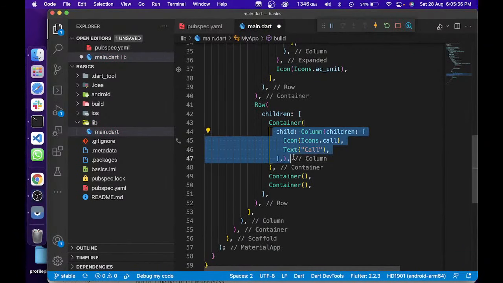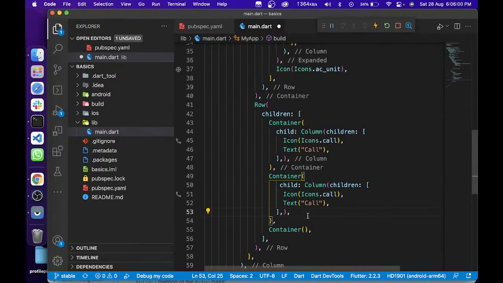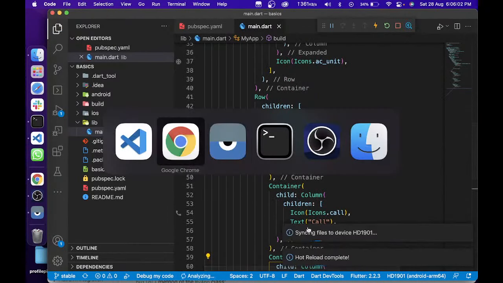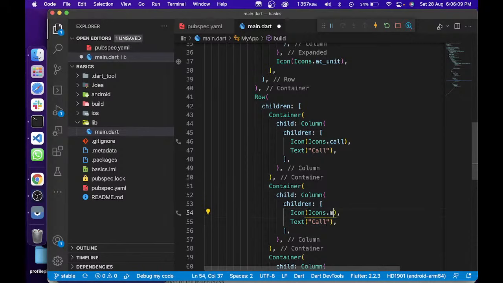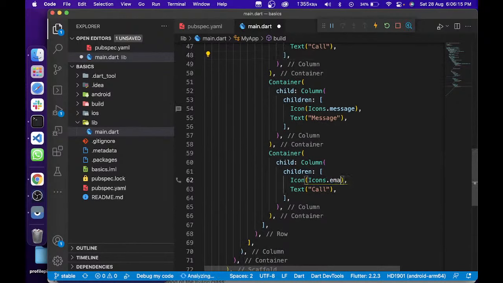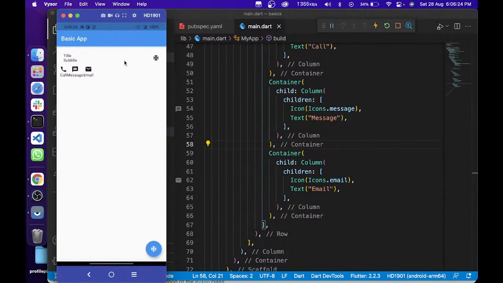So just copy this thing in another as well, and you will see something interesting, right? As you can see, this call is there. We just change it to message, and there's an email, we will keep it to email, right? So we have seen three different things, but now we need to space it in such a way that